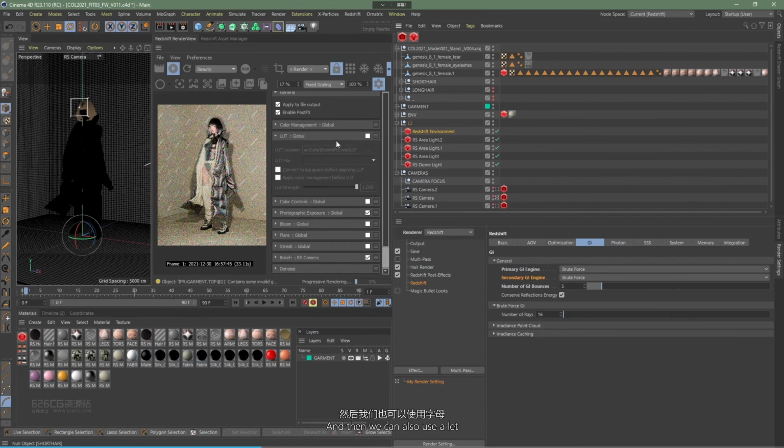Okay. And then we can also use a LUT. And a LUT is essentially just a color correction file that is going to apply a global look, a global adjustment to our image. And I always want to apply the color management before the LUT. It always works out best for me when going into After Effects. And then we can try a bunch of these different LUT settings. So some of them can be really strong, really drastic, and might not be suitable. But there's other ones that we can use, something like